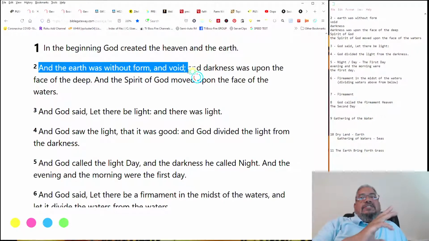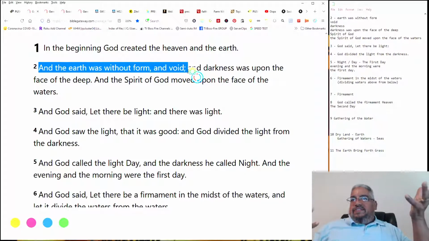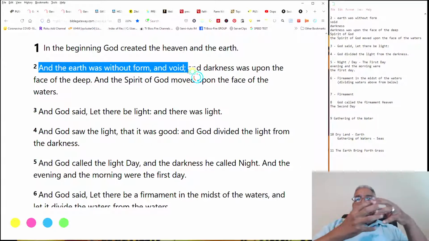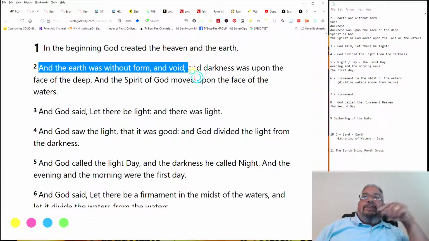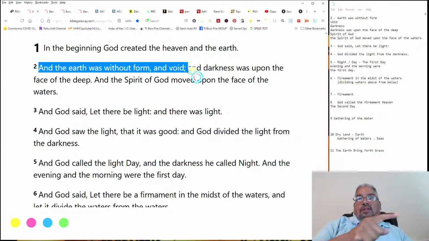And it gives us, along with science, time. We can see that this is a long time that many things, evolutionary things, were taking place according to God's plan. But then something disrupted and corrupted it all. The earth was then without form and void, and darkness was upon the face of the deep.